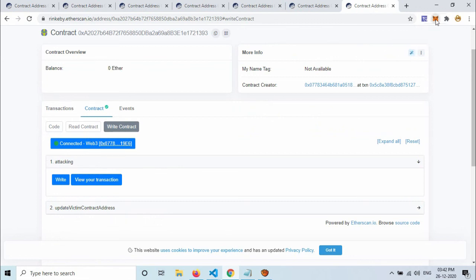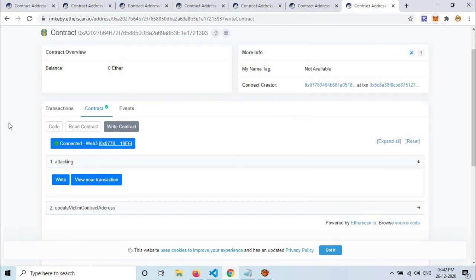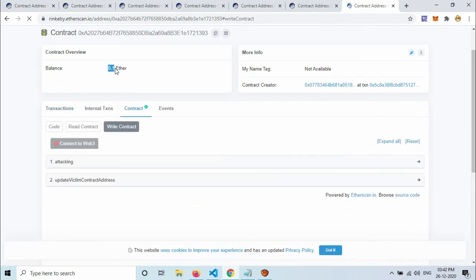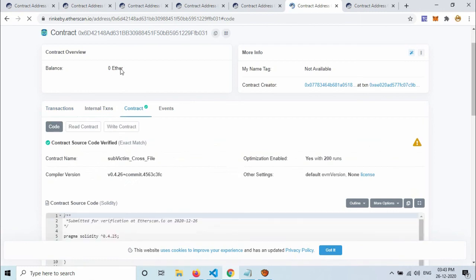Now the transaction is confirmed. We should check the balance of the attacker contract address. As you can see, this balance increased by 0.1, the same as we demonstrated in cross function reentrancy. And again, the balance of the sub-victim has no change, which is expected.